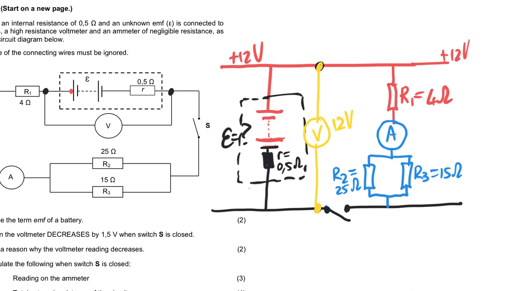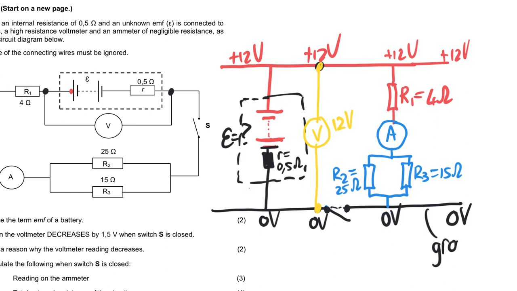And we would say that the ground rail, now we're assuming that this would be closed, the ground rail would be 0 volts, and this would be 0 volts, this would be 0 volts, this would be 0 volts, this would be 12 volts, this will be 12 volts. Right, now, we call this the ground rail. Rail basically meaning conductor. And this would be the positive transmission rail. However,